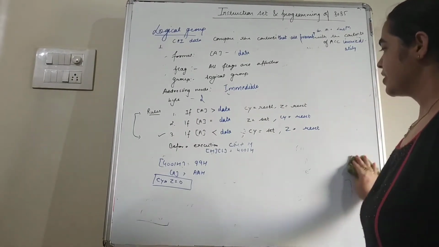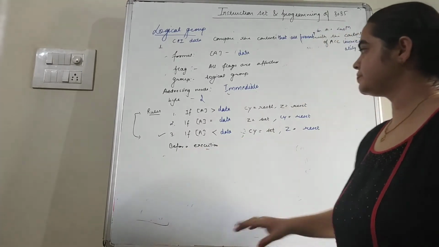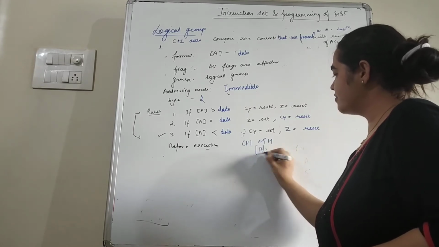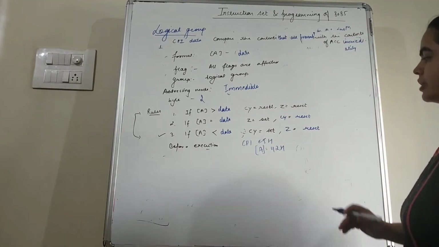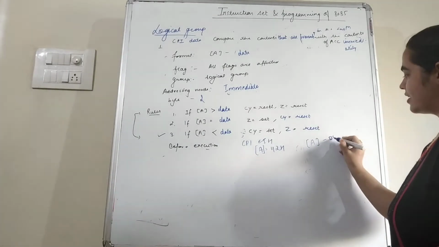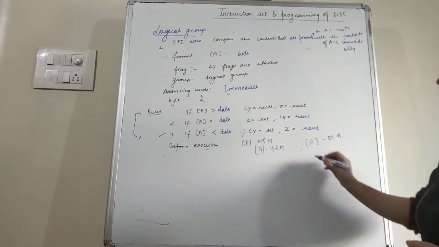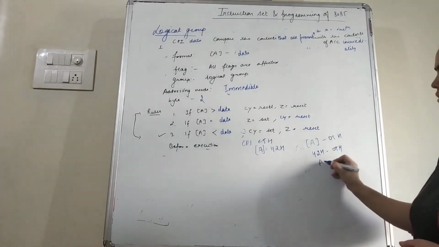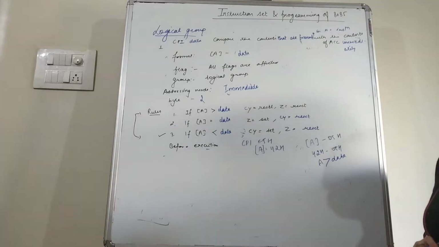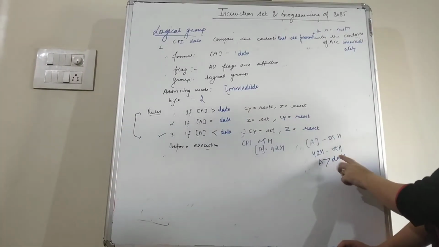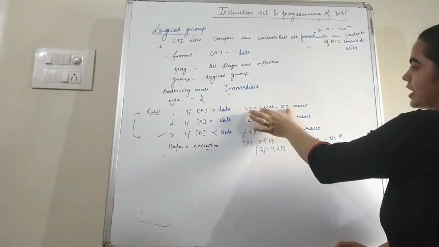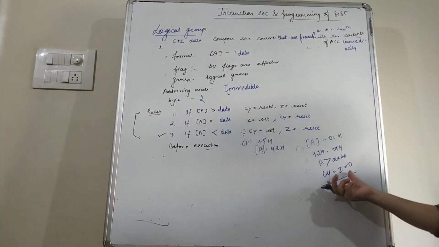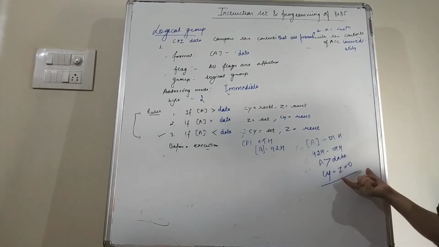For example, we have an instruction CPI 05H, and in the accumulator we already have the contents 45H. Now we compare A minus 05H. So when we compare A with 05H, in A we have 45H and in data we have 05H. Here the value of the accumulator is greater than the data. So if the contents of the accumulator are greater than the data, then we reset both CY and Z to 0. So according to this instruction, we have CY and Z equal to 0.